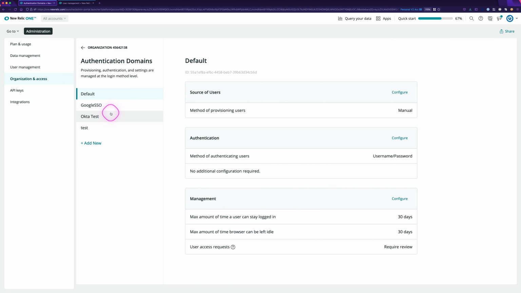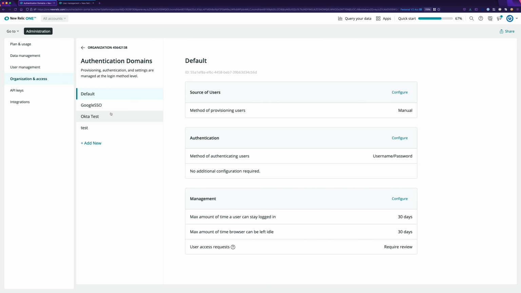But if you need to bring on board some contractors to help you with some work and perhaps they can't go through your corporate SSO, maybe you want to provide them with a username and password that they will be able to log in with such that they don't need that SSO access. You can do that as well. The idea here is that you can mix and blend different authentication methods to make sure that everyone who needs access has access in the way that makes sense for them.